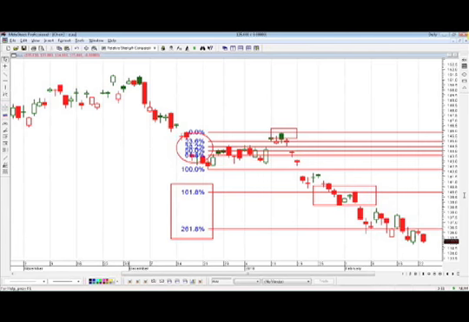Okay, so I got a question about explaining Fibonacci time zones and Fibonacci arcs. So here's what I would say. It's a long explanation to explain what a Fibonacci time study is and what Fibonacci arcs are. So if I could, I'm going to not answer the question on this because it's a really long explanation.